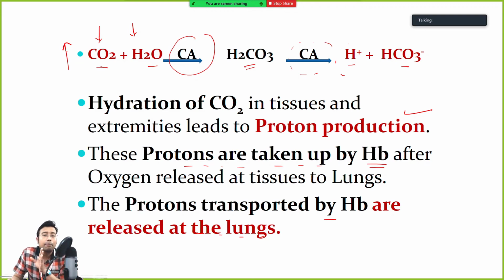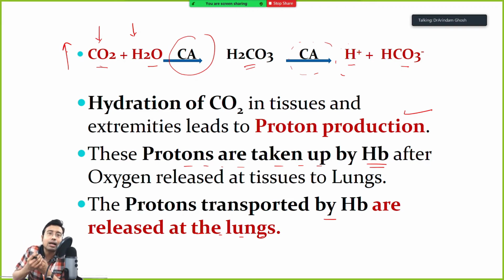Okay, please don't think that oxygen is negatively charged, okay, and hydrogen is positively charged, so how can something give out oxygen and take up proton? No, there is no electrical phenomenon involved in here. Okay, hemoglobin always has affinity for H plus, and the oxygen that is binding is not via ionic bond. It is that binding of oxygen sterically hinders acceptance of H plus. So whenever oxygen is lost, it is the reverse way.